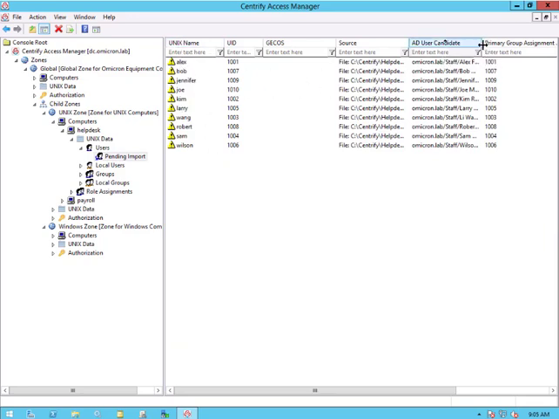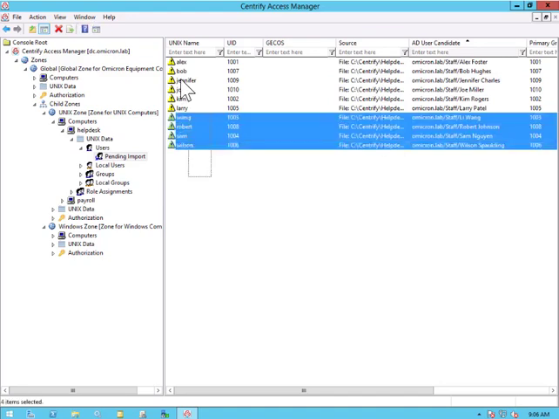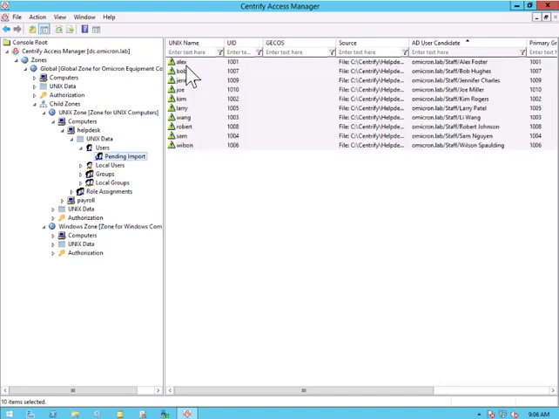Alex corresponds to an Active Directory account for Alex Foster. Bob, again, correlates to Bob Hughes, and so on. Well, now I have an identity consolidation, but I need to accept these changes and move them out of a pending status into my Unix data for users. So I'm going to simply select them all, right click,